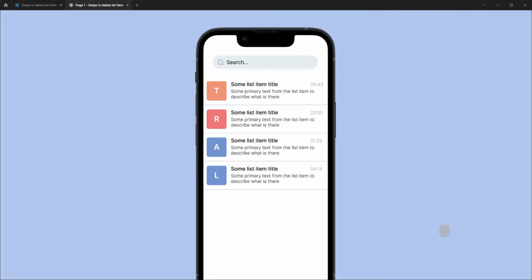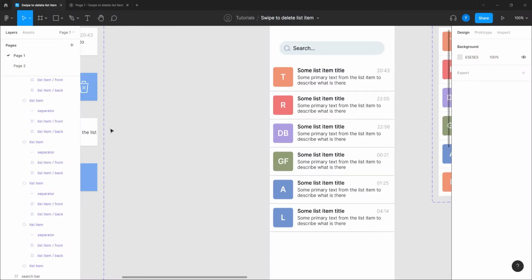So we're going to see how to make these icons and do this list item. It's not exactly swipe to delete. I mean, I can do it if I want to, that's no problem, but I just wanted to make it a bit more interesting by tapping on this icon and doing it like so. Okay, so let's jump to the file and see how to do this.